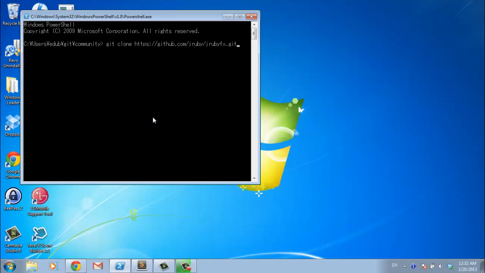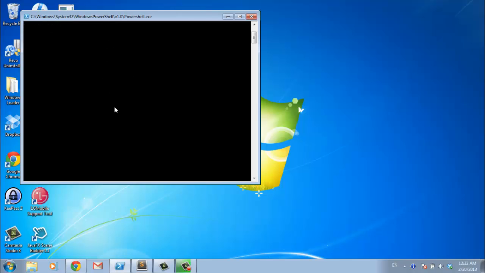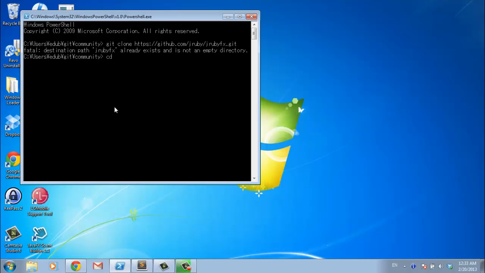I remembered this time that Control V didn't work. And why did I hit enter when I know I already have that? So, but you will get a nice copy of the JRubyFX library pulled down from GitHub for you and put into a JRubyFX directory. So then you'll change into that directory,